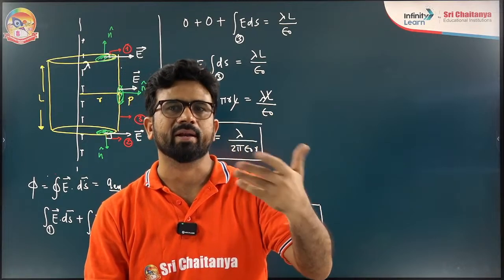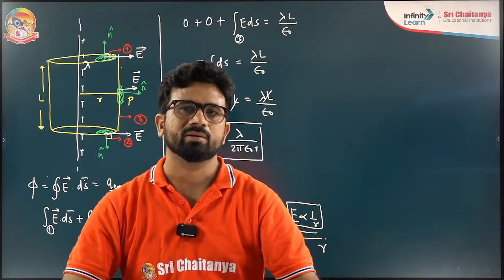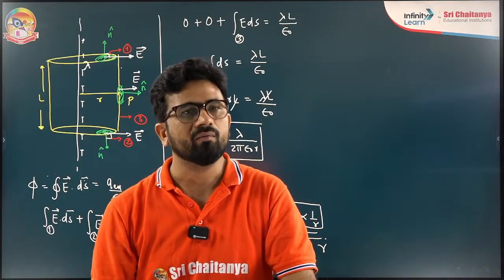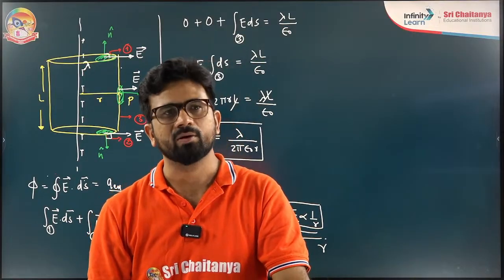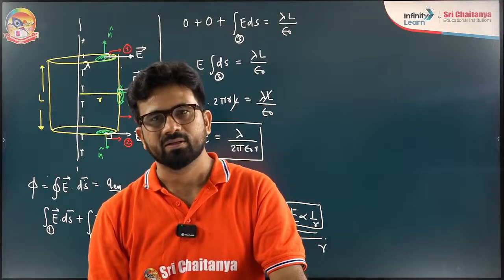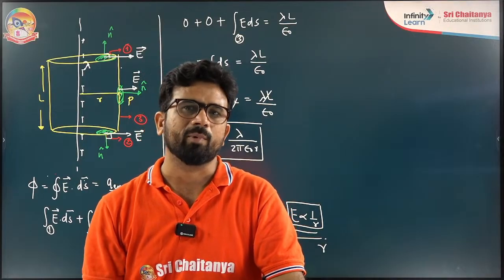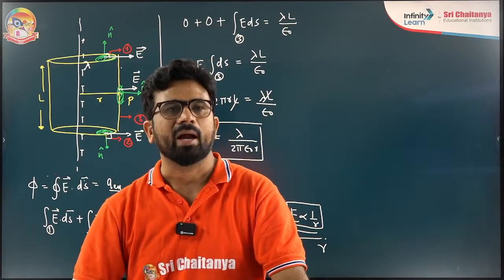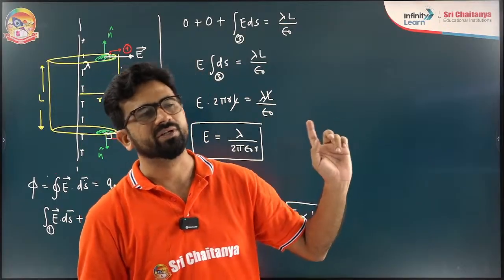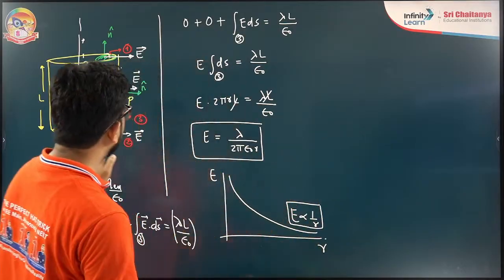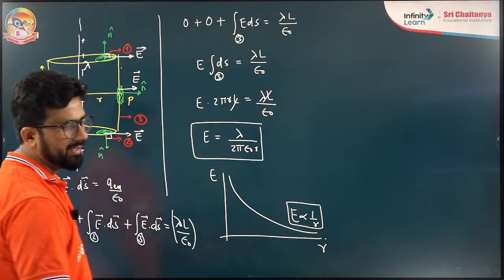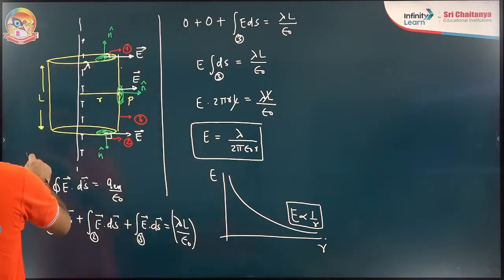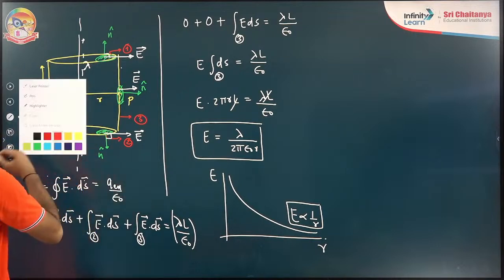Whether we take a conductor, a spherical shell, or a solid non-conducting sphere, we calculated that part. That's the second question. After that, for a point charge also we calculated, and then we calculated for a line charge. This was the last question we were discussing. If a line charge is there with a linear charge density given to you as lambda,